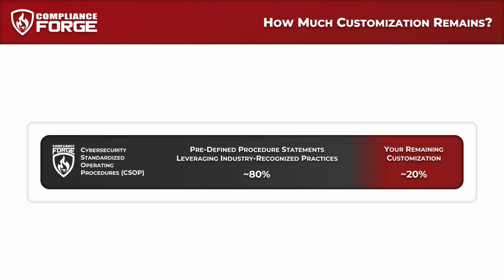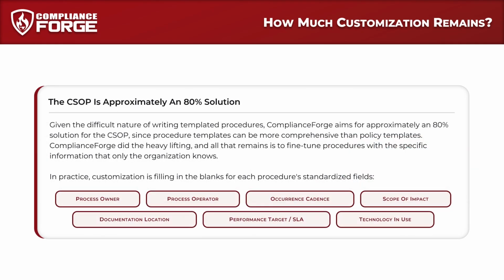So how much work is left for you? Here's the customization process at a glance. ComplianceForge aims for approximately an 80% solution for the CSOP, since procedure templates can be more comprehensive than policy templates. ComplianceForge did the heavy lifting, and all that remains is to fine-tune procedures with the specific information that only your organization knows. In practice, customization is filling in the blanks for each procedure's standardized fields, the process owner, for example,